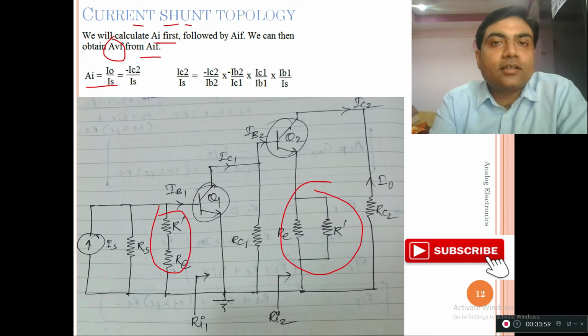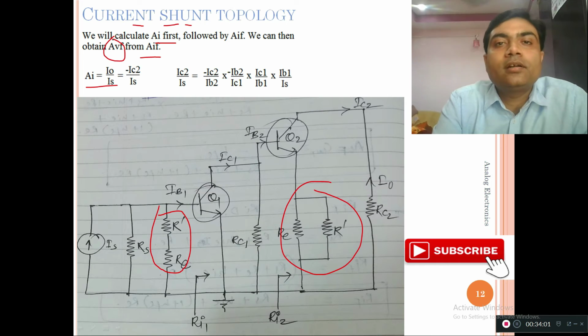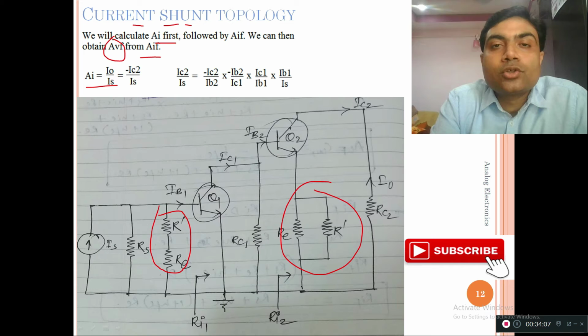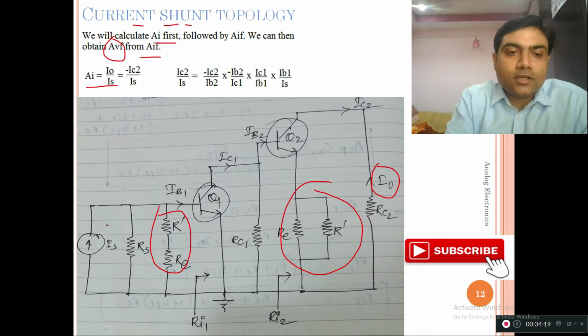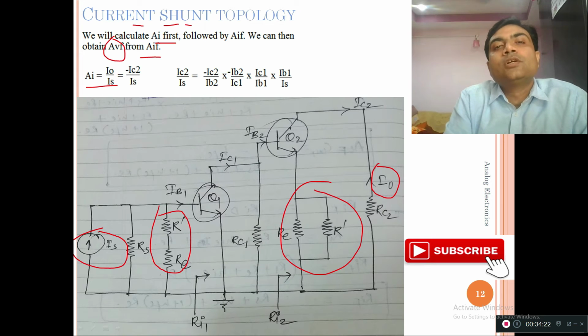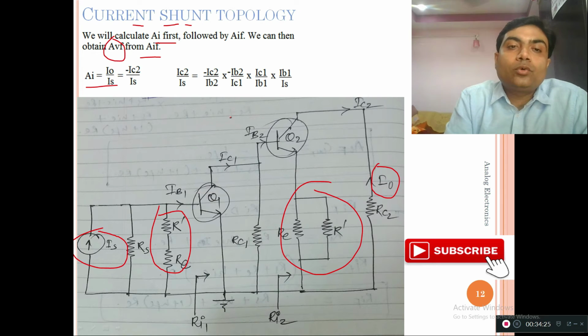As I already said, you cannot just read the question and come to the conclusion that this particular circuitry belongs to that particular configuration. You need to analyze which configuration it belongs to, and then you can come to the conclusion. So what is AI over here? AI is nothing but this output current upon this source current. There are different stages involved, so how do we break these stages? Just be careful while understanding this logic. This Io is nothing but IC2, and IC2 and Io are in the opposite direction, so we can write minus IC2 upon Is.